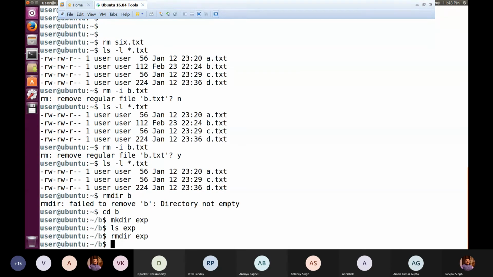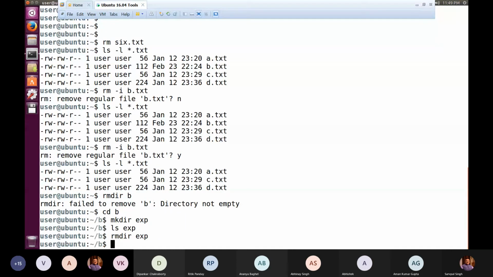So that way you can do without even vacating, because many times it is possible that you have a directory and inside that directory you have created so many other directories and files, and inside the internal directory you might have created some other directories too. So in that case, if you have to delete the directory called B, obviously vacating that B itself is a tedious job.